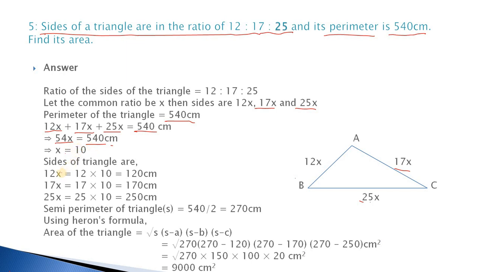We put the value of x in 12x, 17x and 25x. We get the length of AB is 120 centimeter, the length of side BC is 170 centimeter, and the length of side AC is 250 centimeter. Semi perimeter of the triangle is